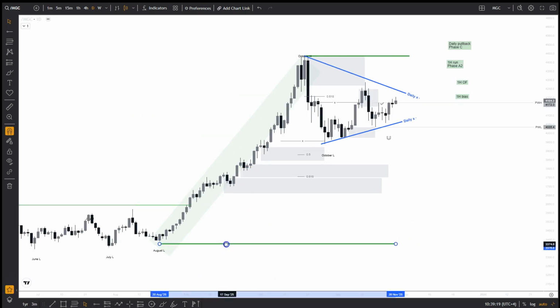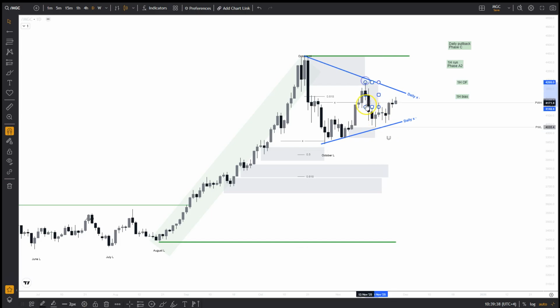We have a daily chart, and the daily chart is showing us bullish trends from August low to October high, and then we start a pullback. So at the moment we are in a pullback, and we have produced the first leg of the pullback. We potentially produce the second leg of the pullback,